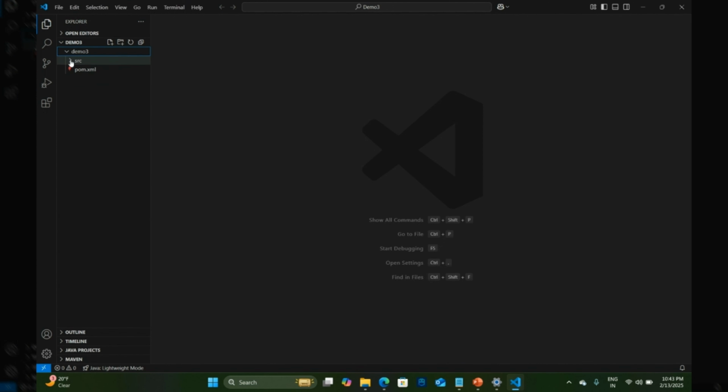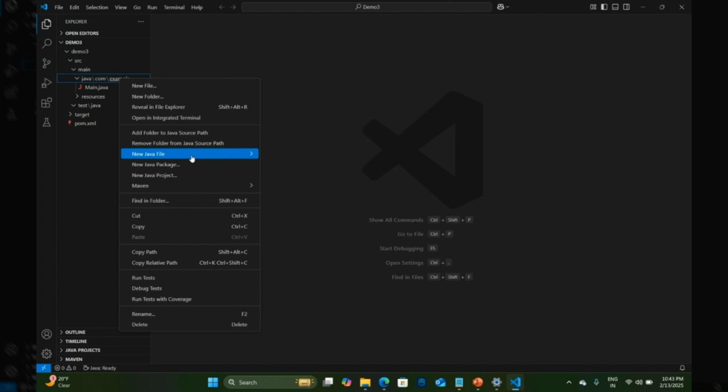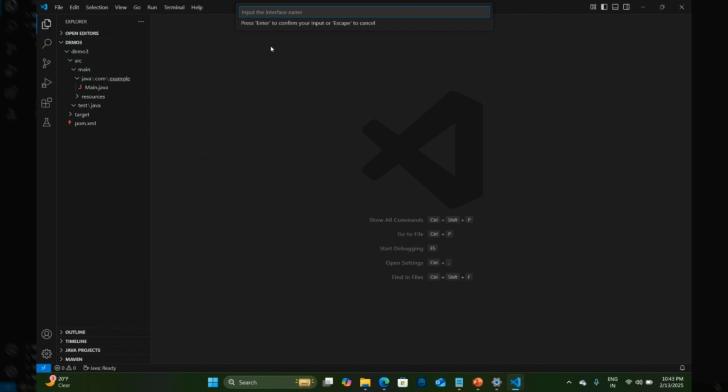Here you can see the structure of the Maven project. In the main folder, we will create classes, and in the test folder, I will create test classes. So let's create some basic classes to test. First, I want to create an interface which acts as a repository for the database. I want to name this interface BankRepository,